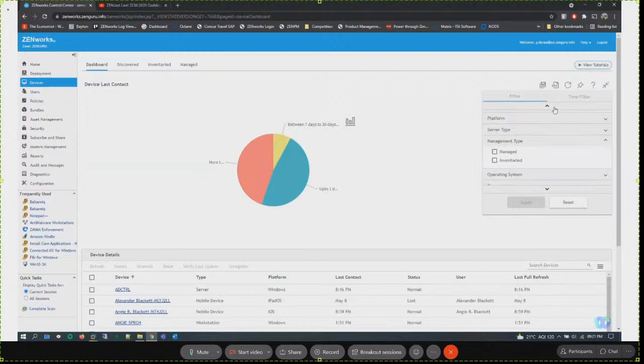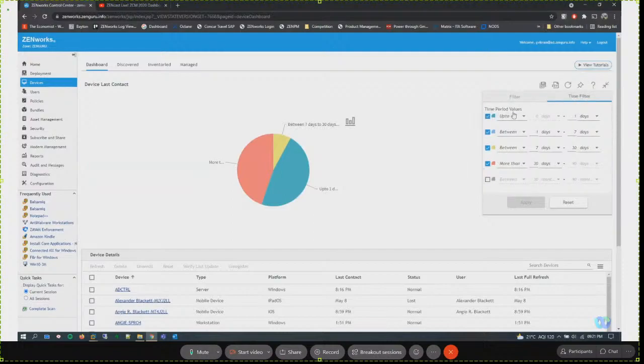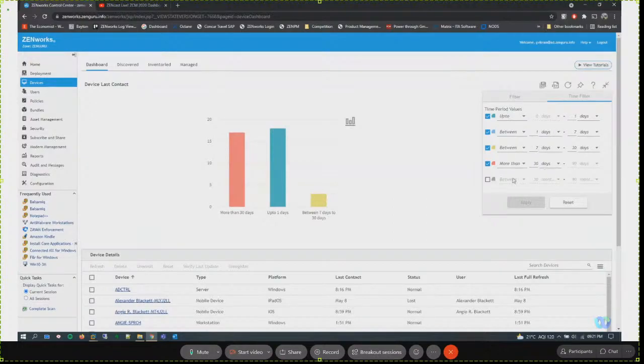Once you have decided which set of devices you're interested in, that's where you can come to the time filter and decide. You can divide this chart into 5 different ways. Here you can specify the time period values, like up to 1 day, between 1 day and 7 days, between 7 days and 30 days, and more than 30 days. And let's say if I were to give that, then it will become more than,